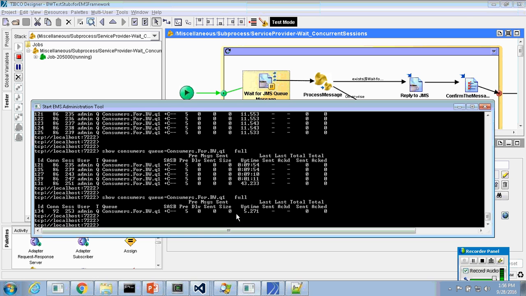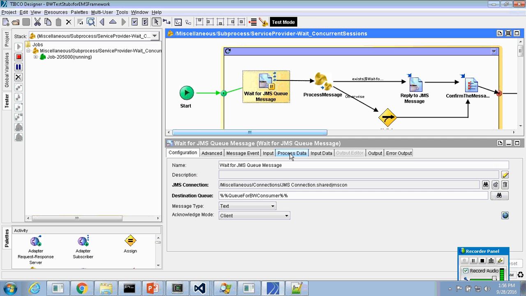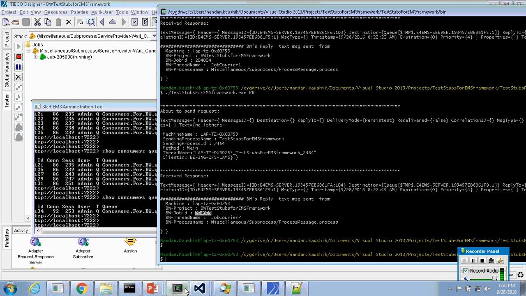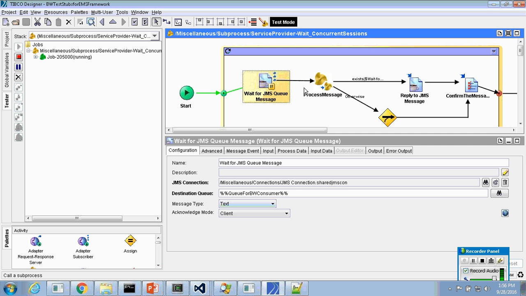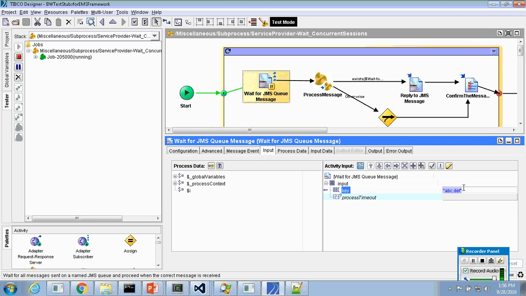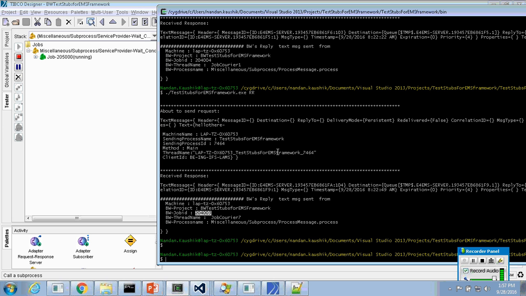and you will see here that there is one consumer and it is waiting for a message. But if you send a message with a correlation ID that is not equal to abc.def, okay, then it would simply acknowledge it, and it would not send it forward. It would not trigger the remaining part of the processing. So now if I send, suppose